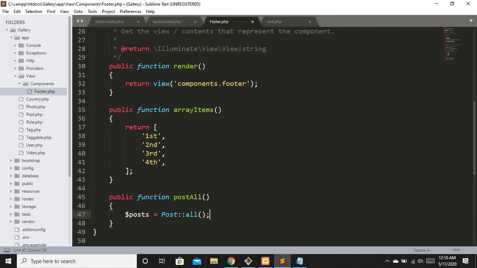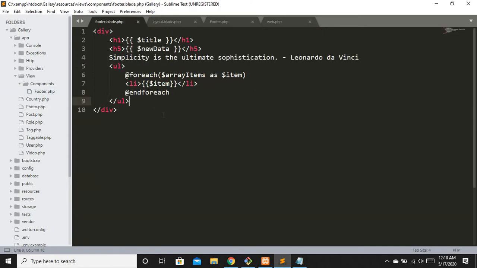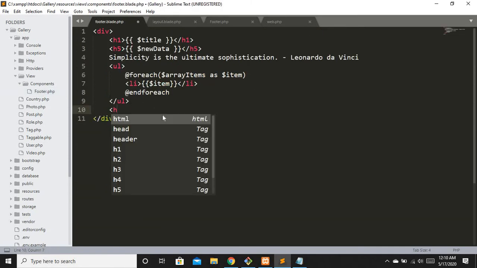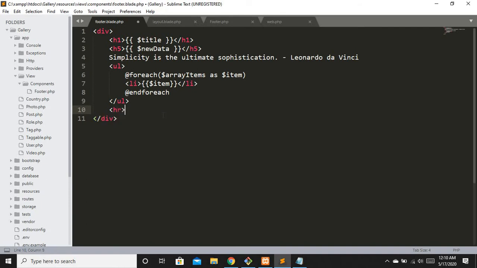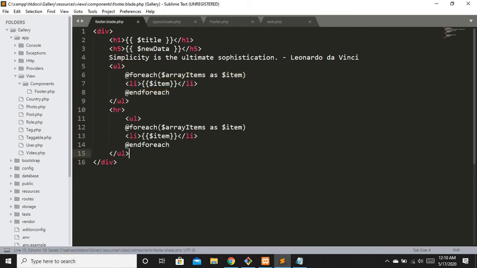We are getting these posts when we return our view, so we don't need to pass them again. What I have to do is separate it with an HR and use a foreach.